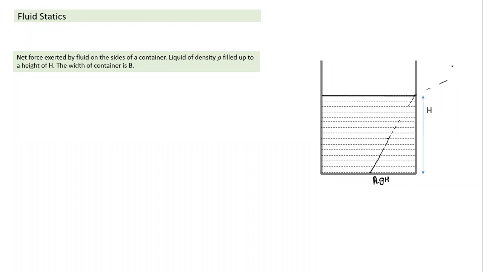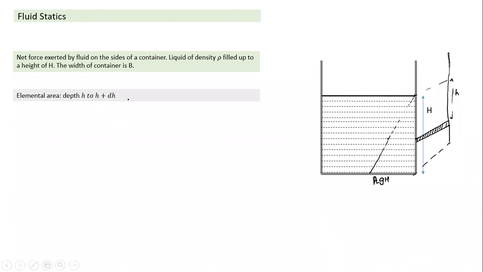So what kind of shape do I need to take so that the pressures are equal? This is the side of the container. Since the pressure is varying with depth, I need to take an area which has constant depth. So I need to divide the area into horizontal strips, and this horizontal strip is at a depth h. On this strip, the pressure can be taken as constant, and I can calculate the force acting on this narrow strip. So whenever you take an elemental area extending from h to h plus dh, I calculate the force on the elemental area, and I add the forces due to all of them to get the resultant force.